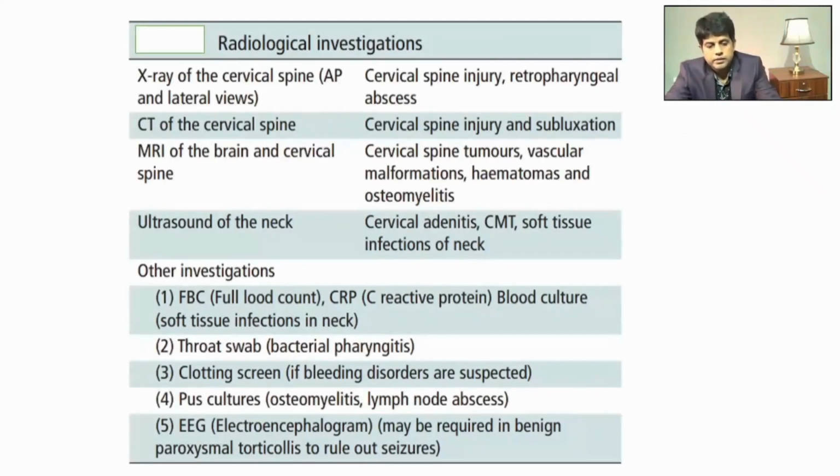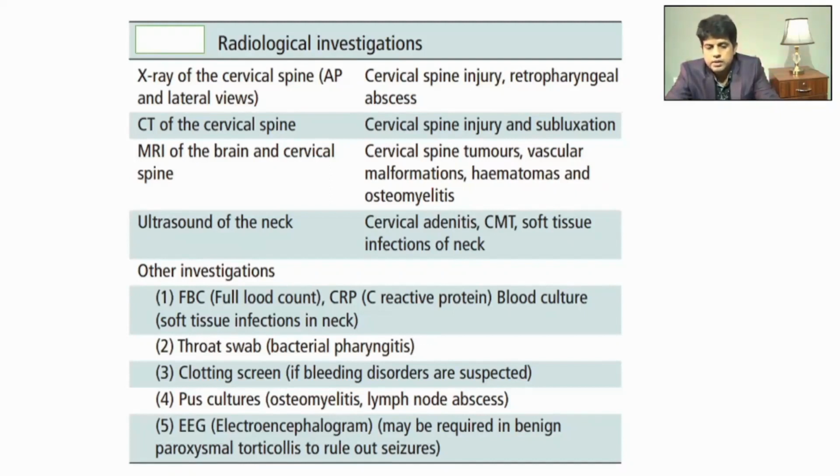So let's look at the blood investigations and radiological investigations that can be done in a child with acute torticollis. In terms of radiological investigations, if you suspect an injury, especially a cervical spine injury or retropharyngeal abscess, you can request an X-ray of the cervical spine, anterior, posterior and lateral view. In case of retropharyngeal abscess, you'll be able to appreciate the increased width or diameter of the retropharyngeal space. And in the presence of a cervical spine injury, you will be able to appreciate the injury that has happened